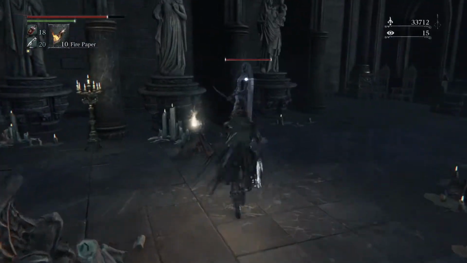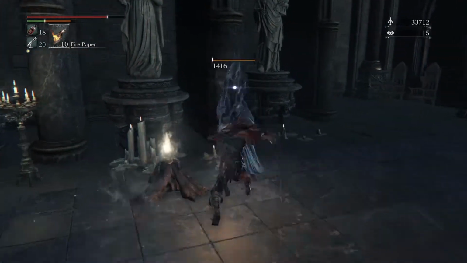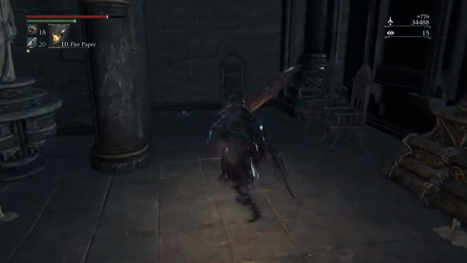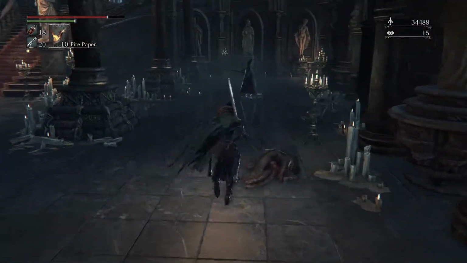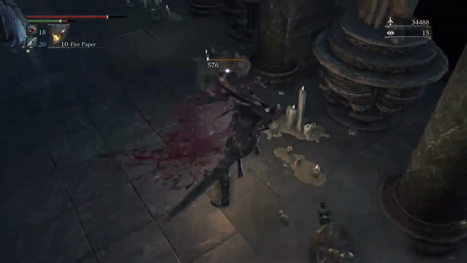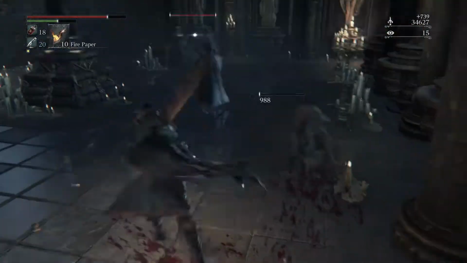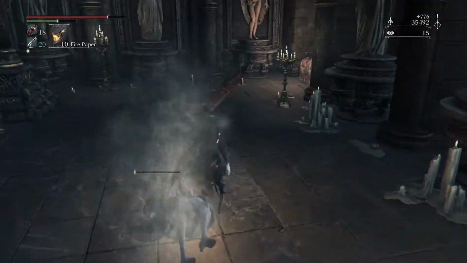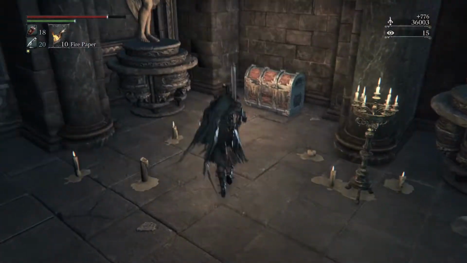Okay, so there's one right here. Madman's knowledge. Okay. Get this one. And over here we have a treasure chest